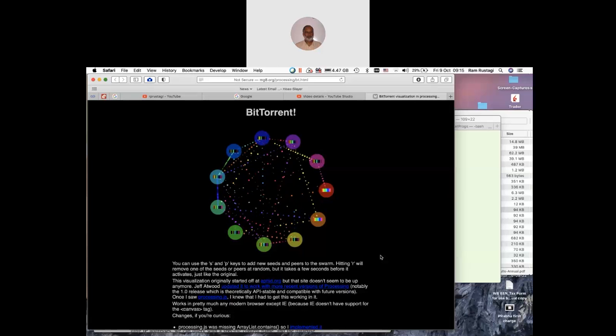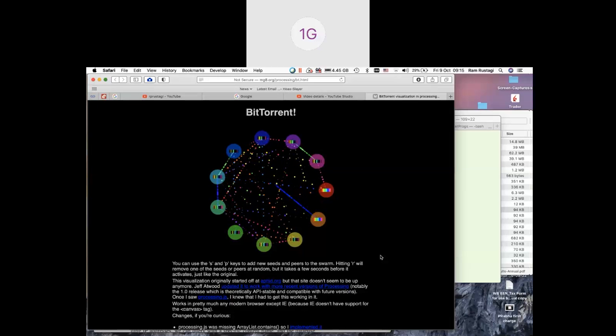Yes, sir. But for example, if the server sends chunk number 2, how will the next peer node know that it has to send the chunk? That's what I'm coming to discuss now. That's what I'm actually coming to. Okay. But conceptually understand this is how BitTorrent works. Is it conceptually clear? Yes, sir. Okay.